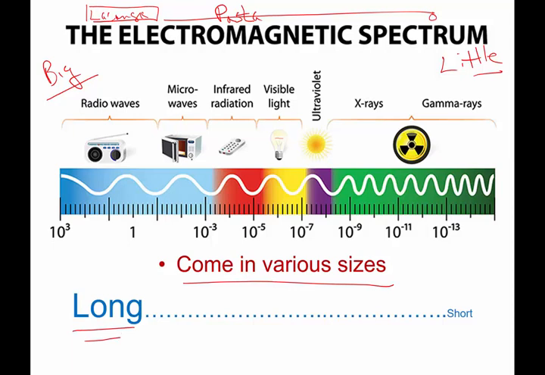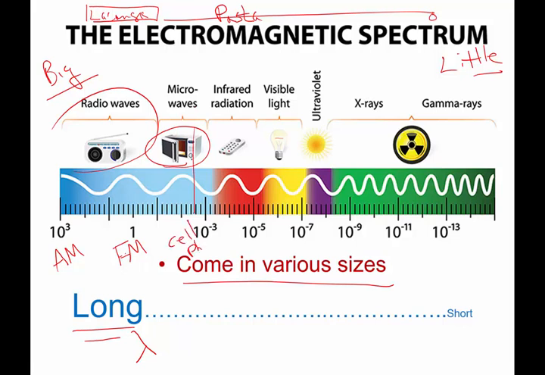The long wavelength electromagnetic waves are radio waves, and we are talking AM waves, if you listen to your AM radio, and then a little bit shorter are FM radio waves. Then there's microwaves, the kind of microwaves you're going to have cooking food in your microwave oven. Right in this area, there is also going to be your cell phone. Your cell phone actually has a microwave size, a little bit longer than the microwaves in your oven, but real similar. There's infrared radiation, which are given off by everything that is warm or has heat to it.